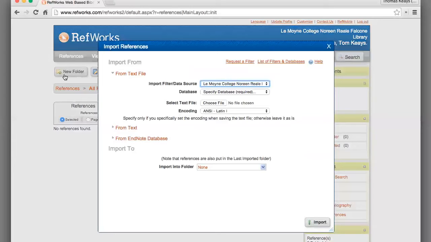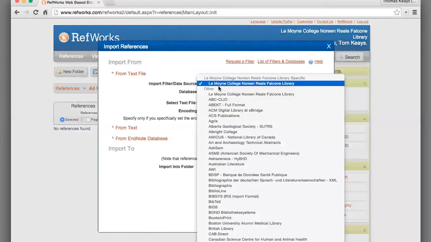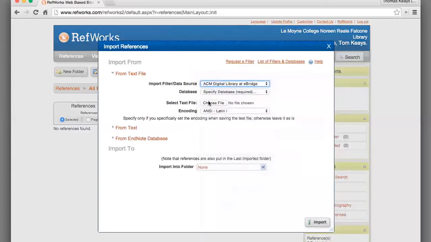Those formatting rules vary from one database to another, so you need to tell RefWorks which one you'll be using by setting the Import Data field and by selecting the correct database. To see an example of using this option, check out the Saving to RefWorks video in the Introduction to PubMed module of this class.